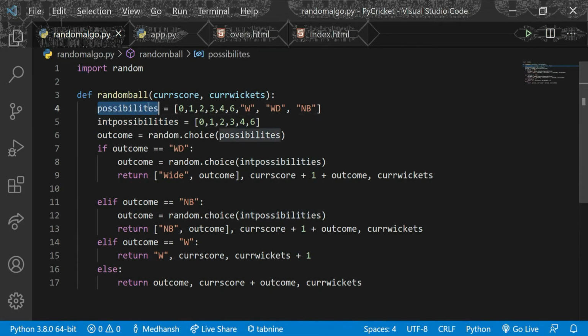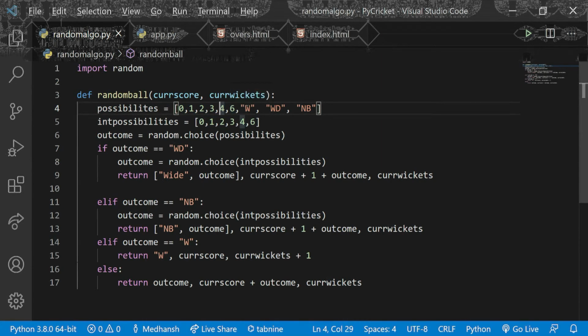In a cricket match, if you probably know, there are these possibilities. You can either have a dot ball, which is a 0, 1 run, 2 runs, 3 runs. Then you're going to have a 4, which is a boundary, a 6. And then you have 3 special ones, which are a wicket, wide and no ball. In wide and no ball, you get an extra ball, and you can do any of these 1 to 6 in one of those balls.